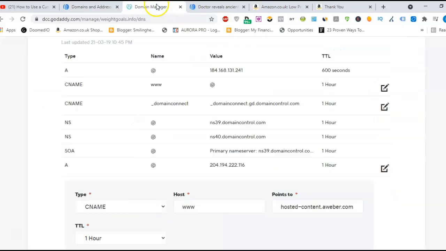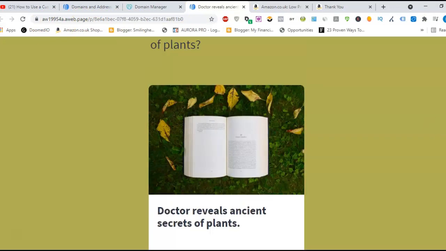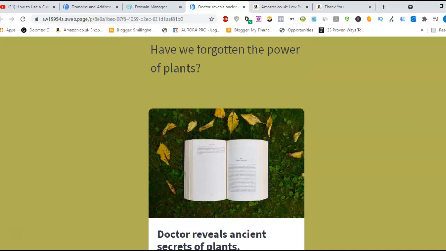so that by the time you come back to your landing page, this will no longer be saying AWeber.page. It will now have your custom domain in here, and that's how it's all done. Okay, so that's it for using a custom domain for your landing page. It's quite straightforward. Don't be thrown, don't be confused, just follow each step